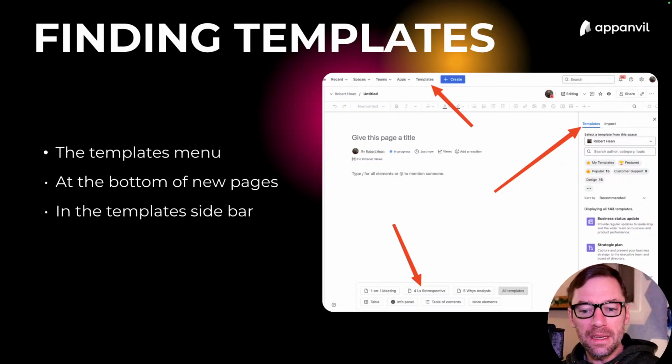There are 3 different places Confluence will show you templates as someone making a page. We'll cover all of these when we get live. The templates menu at the top will bring you to a nice rendered page of just a little panel of each template. I use that more for browsing, just to see what's in there. And I honestly don't use it all that much. And that's because when I started using templates, the bar on the